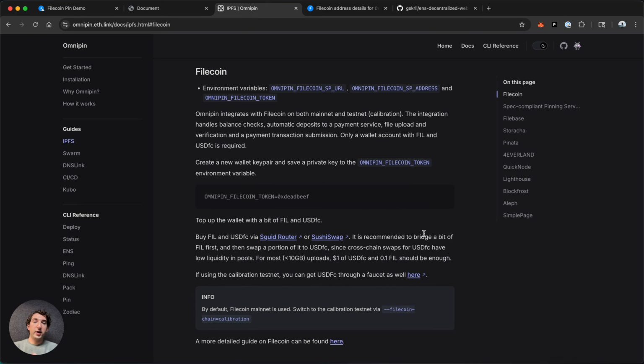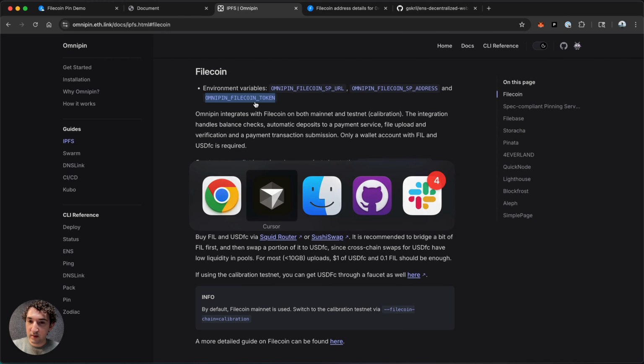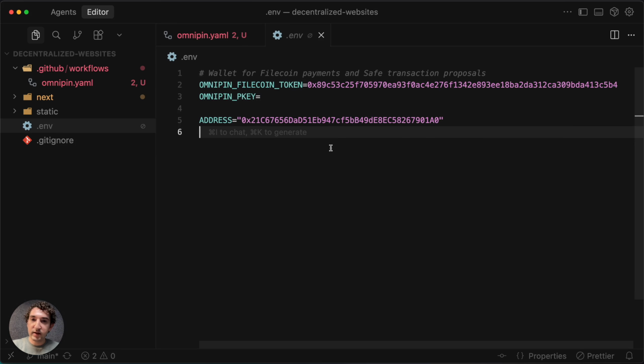So these docs are actually a little bit behind. The only environment variable we need is this OmniPin Filecoin token. So I have this .env file set up already with a private key that only has $1 on it. It's okay if you guys steal it. And this is what's going to actually pay the Filecoin on-chain cloud operators to pin my content for a long